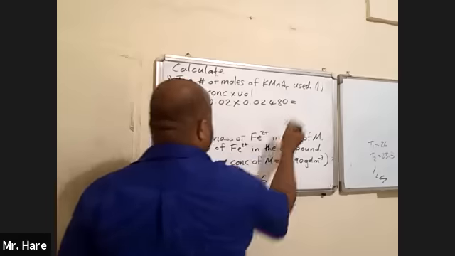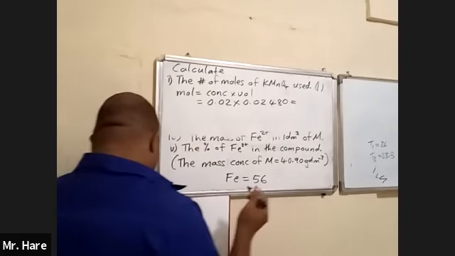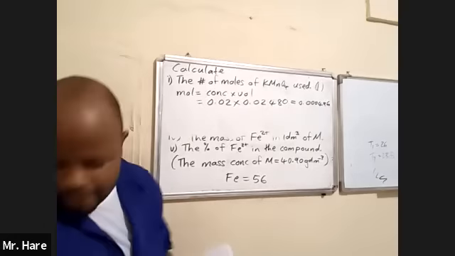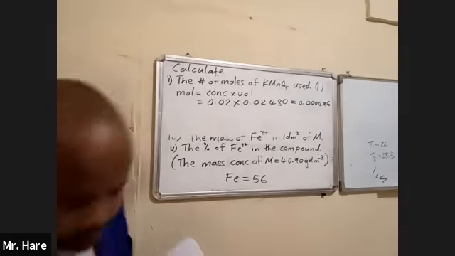24.80, which is 0.02480. Sir, 0.02480. All right. Yes, and I got 0.004. Right. So that's the mole of KMnO4. And next, they wanted us to find